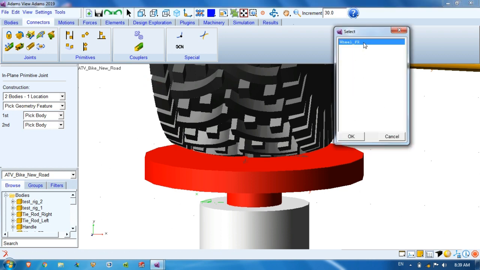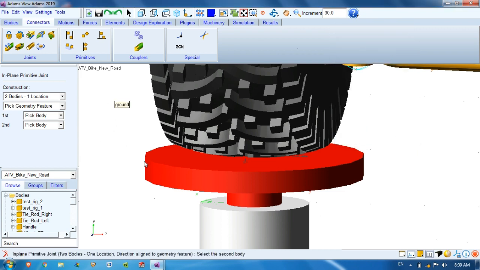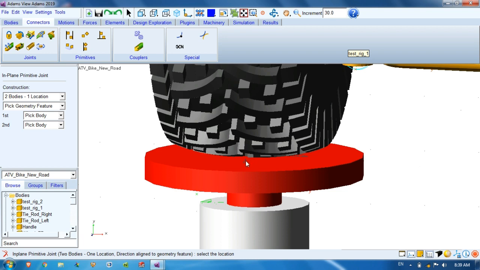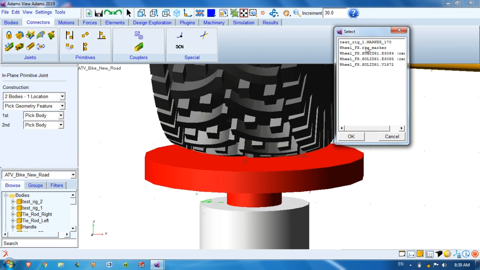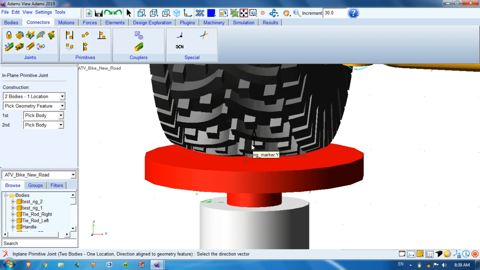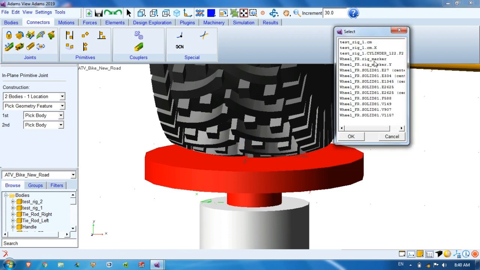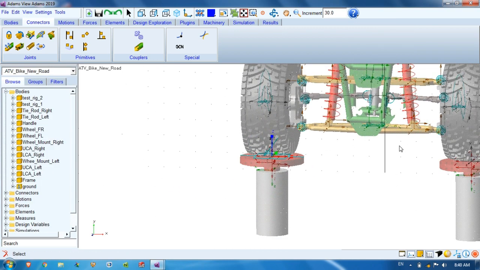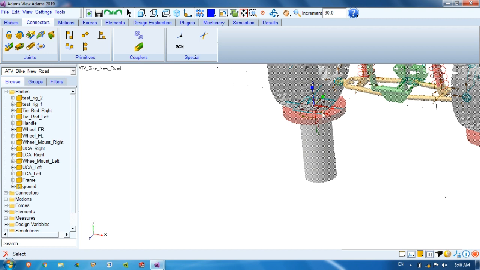Choose the first part as wheel FR, front right, and the second part as the test rig. The location is the rig marker we have created. Right click here and the rig marker will appear. Choose that rig marker, and the direction will be the y direction, or vertical direction, of that marker. Click OK, and you will see the joint is created.